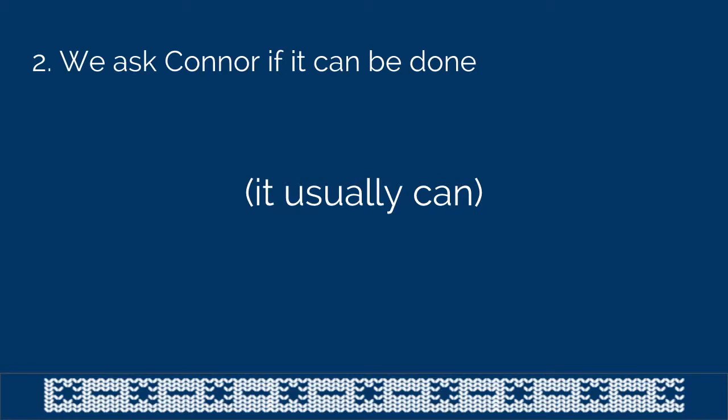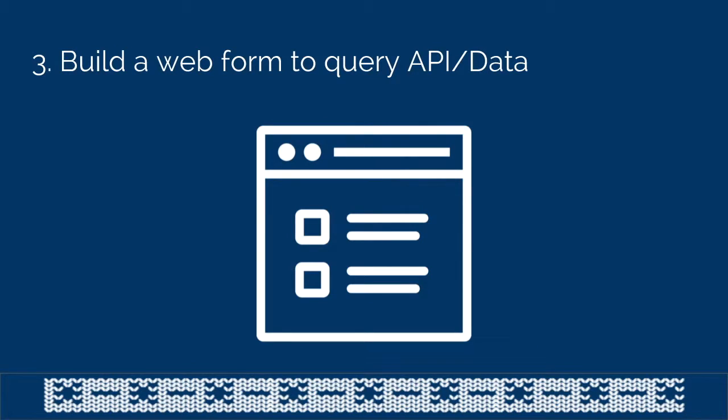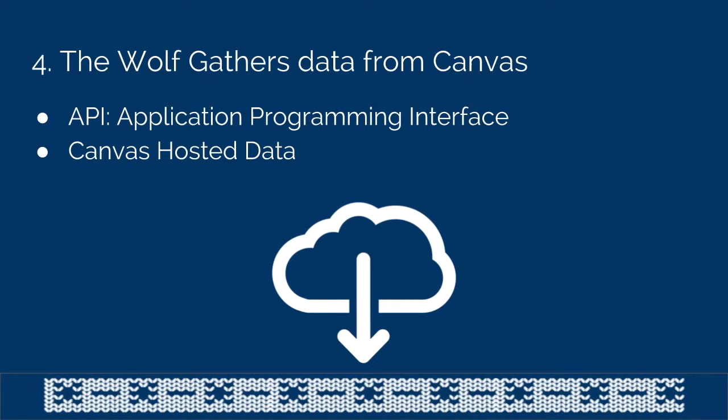We ask Connor if it can be done. And he's pretty good, so usually the answer is yes, it can be done. Almost immediately he gathers the requirements for the project. What would you like to see it do? He builds a web form that will query the Canvas API or the Canvas data instance. I'll get into that in a little bit. Basically, he builds out that web form that I just showed you, those very basic single-page websites that query data. And then the Wolf gathers data from Canvas in two different ways, either through the API,